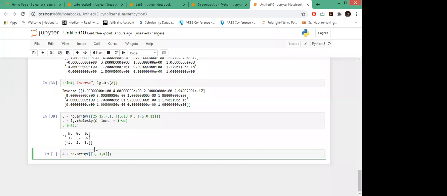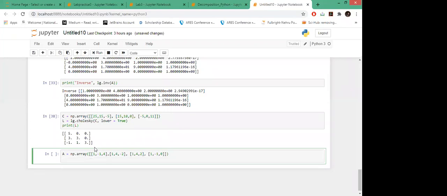Suppose this is my array A. Again, save this.